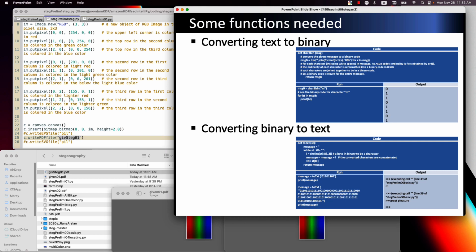If you type ASCII table, text and binary, all keywords to find out some of the tables from the internet, then you can see this. In reverse, binary code can be reformed into text. So when we hide a text into a binary, then we need to